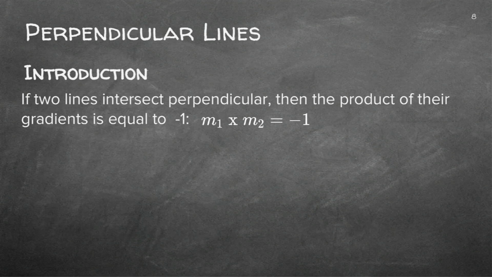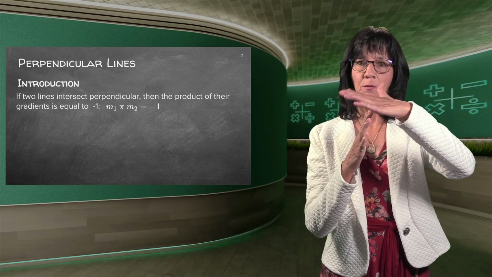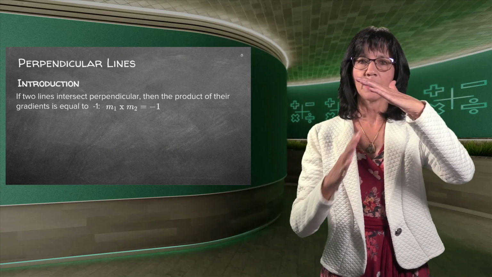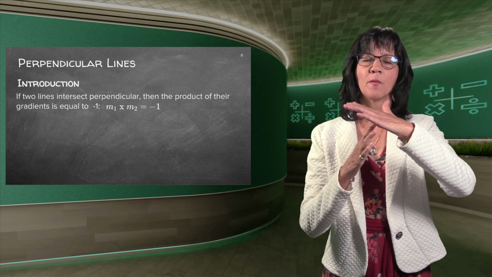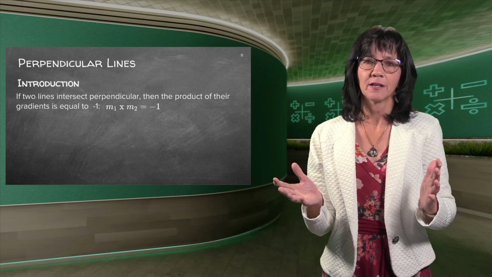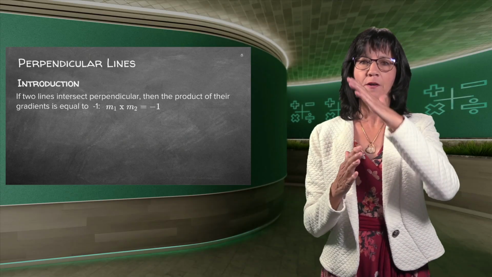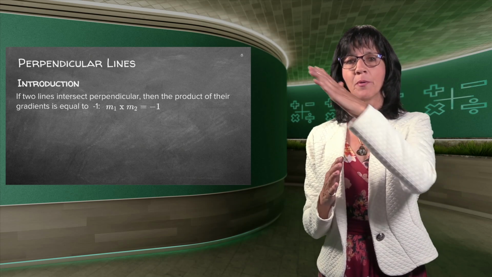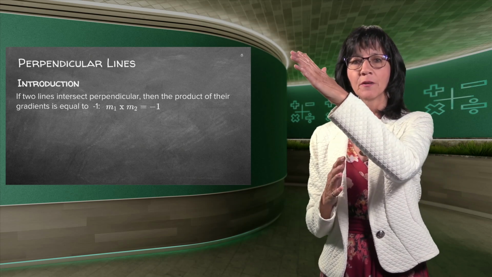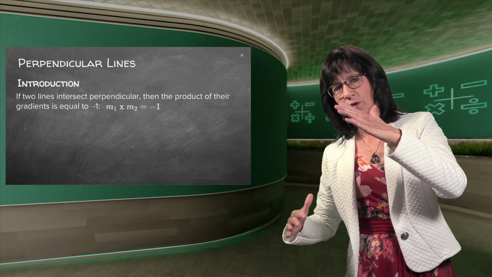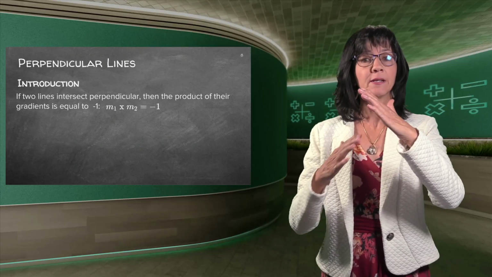Good. What are perpendicular lines? If we look at perpendicular, you all know what perpendicular means. One line goes in that direction, another line goes in this direction, and they form an angle of 90 degrees. Now, without me even showing the next slide, you can think for yourself. If a line is going up, we said previously, the gradient is positive. A line going down, it gets less according to the y values, so the gradient is negative.